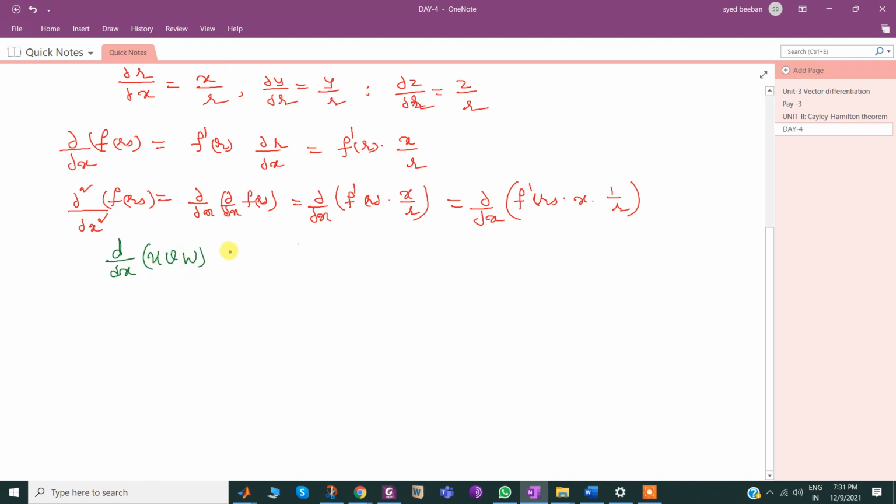U v whole dash means u dash v plus v dash u. If more than two functions are there, whether two functions or three functions or n functions, at a time only one function will be differentiated. So u v w dash is u w v dash plus v w u dash plus u v w dash. At a time only one function is differentiated. Similarly here, three functions were there, so dou by dou x of